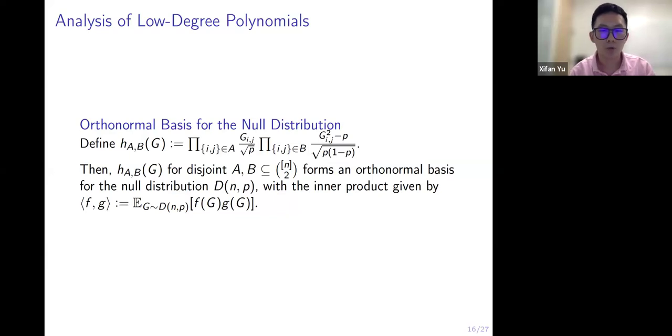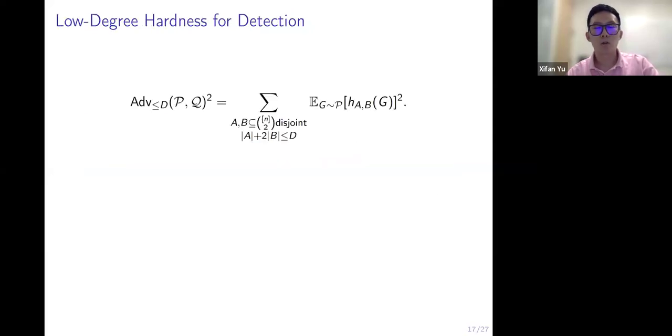And these polynomials form an orthonormal basis for the null distribution under the inner product given by the expectation of f times g under the null model. So using this set of orthonormal bases, we can rewrite the low degree advantage in the following way. So the degree D advantage can be written as the sum over all degree D